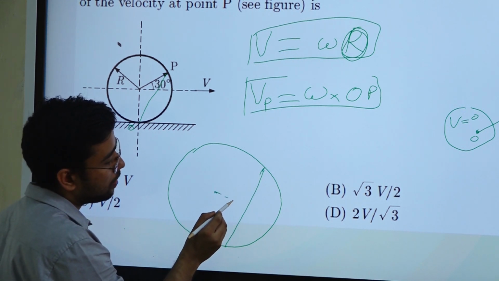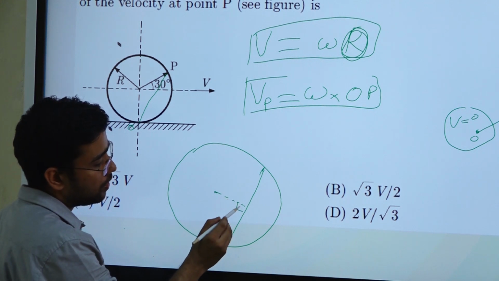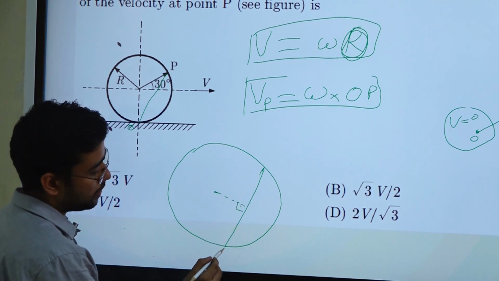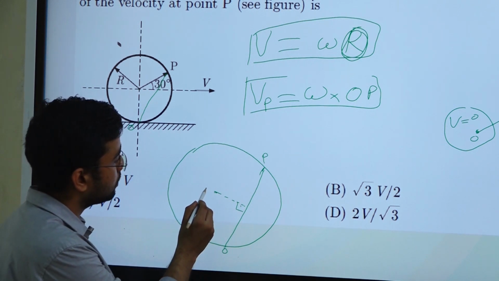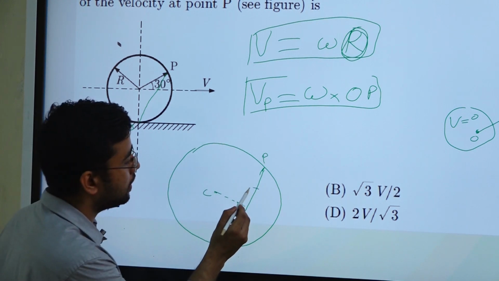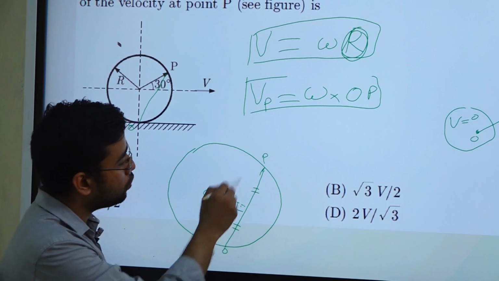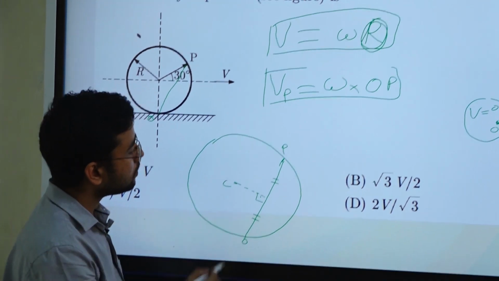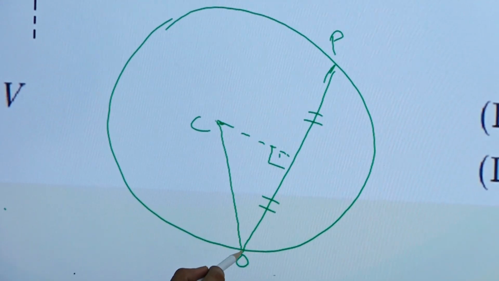If you put a perpendicular to this chord, this perpendicular will bisect this OP. So a perpendicular from the center will always bisect the chord. So both this part and this part will be equal, right? So this method we need to apply to find out OP. So now let us find out OP directly. You just connect it like this,